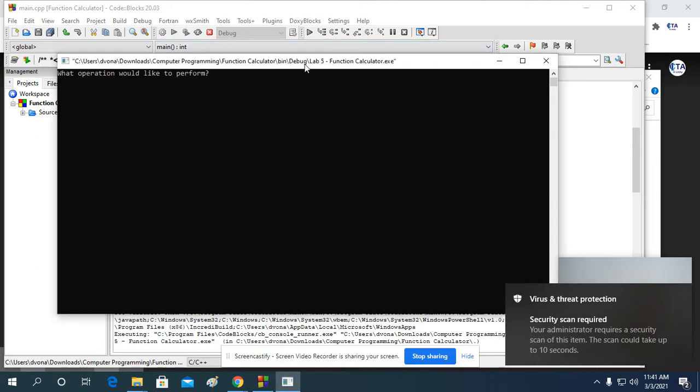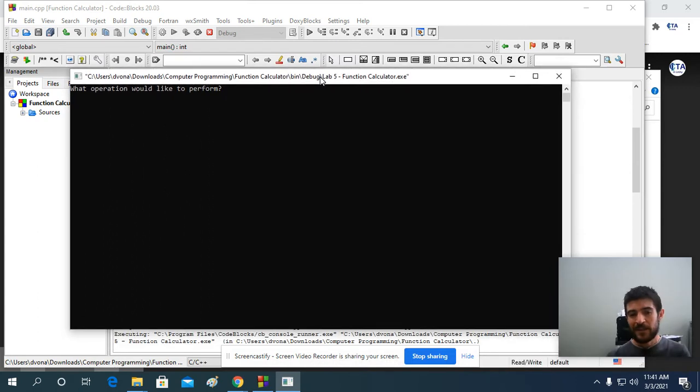All right, so it asks me which function I would like to perform. Now, the code hasn't actually been written to do any of this yet, but let's just say I type in an exclamation mark. It's going to say, I don't recognize that operation, and then it's going to say, would you like to do another calculation? So if I type in 1,